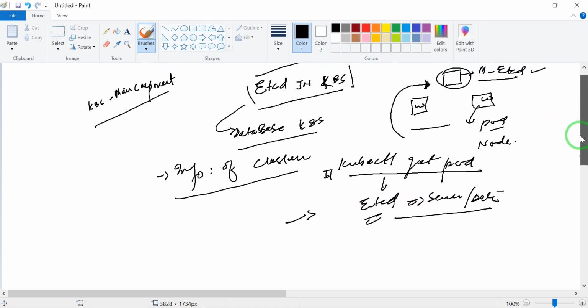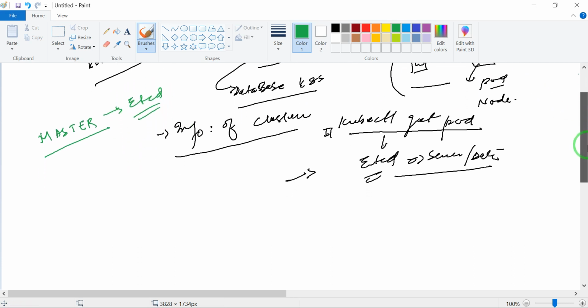So what is etcd? etcd is the database of your cluster. If anything changes in the cluster, such as pod deletion, creation, or a replica set, all of it lives in the etcd cluster, and all the information of your cluster is stored in etcd. Where is etcd? We can find it on the master server, in the master of your cluster. It depends on how your etcd is launched.